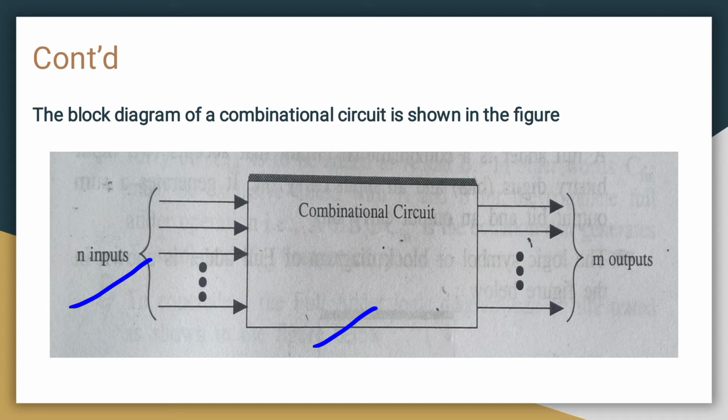If the AND gate is a 2-input AND gate, then with 2 AND gates you take 2 into 2, that means 4 inputs. So depending on the gates you can take n inputs, and depending on that you will get m outputs. Clear? It may not be equal; that means with n inputs you get m outputs. For example, a simple logic gate like the AND gate: if you give 2 inputs, it gives 1 output. So n inputs and m outputs. This is about the block diagram.